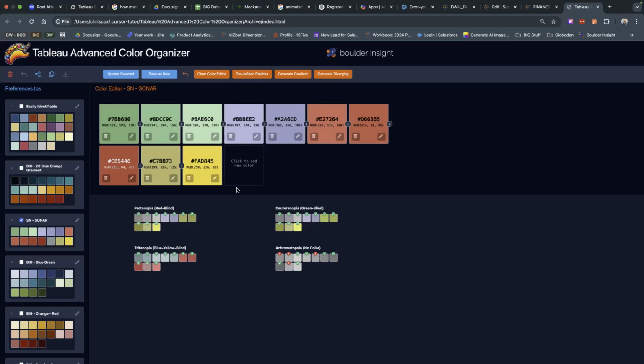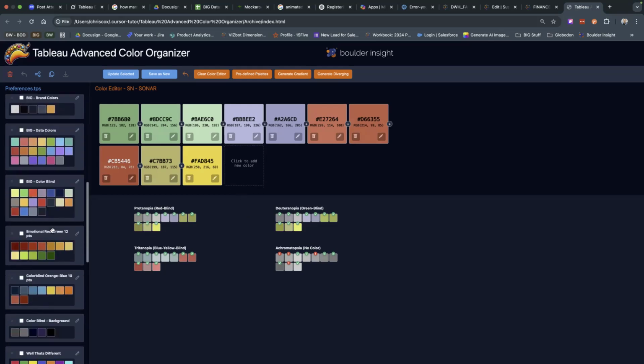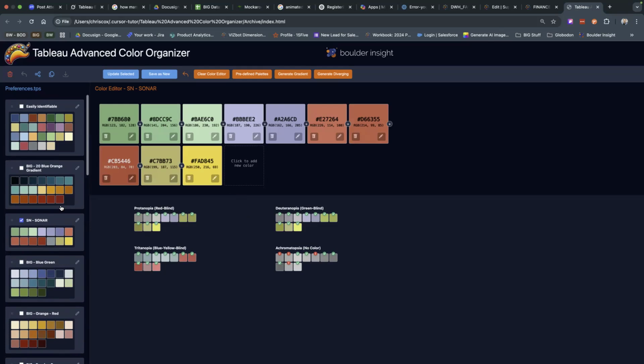But this is a product that we're coming out with, so you can manage your own palettes and stuff like that. These are all the ones we have. But yeah, kind of a cool feature. Hopefully that helps. If there was something else about 508 compliance that you're working on, if you can come off mute and just tell me what it is, I can try to answer for you.